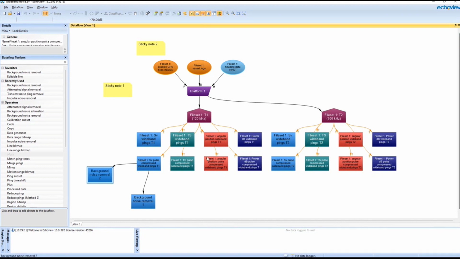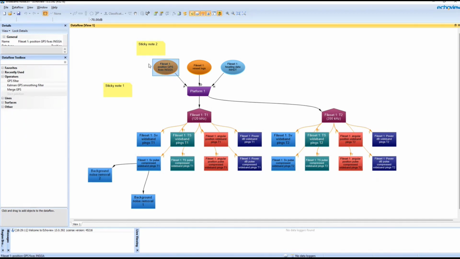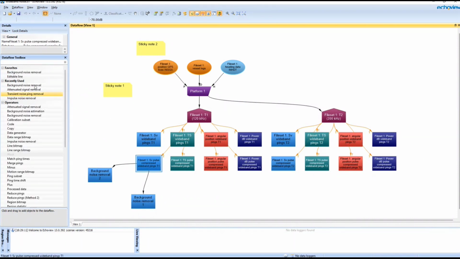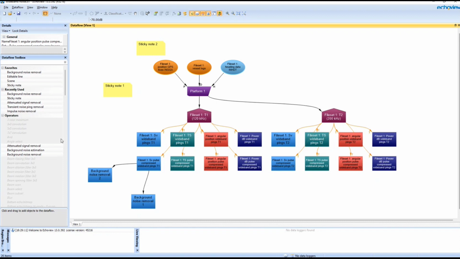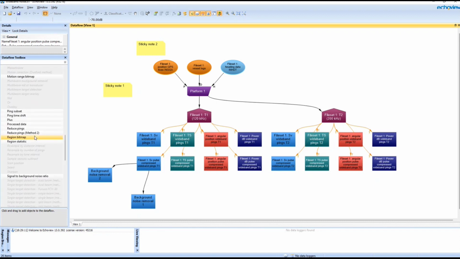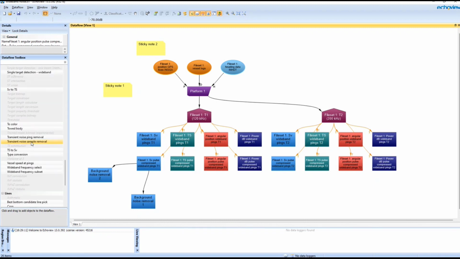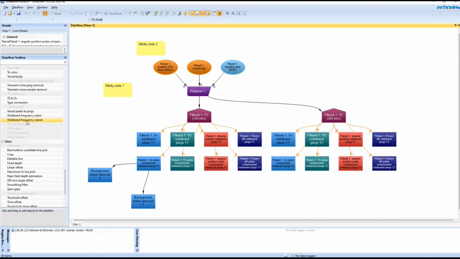It's also context sensitive. So if I select a different data type, we'll see that the list changes quite significantly. So for GPS data selected, we've only got these 4 options, one of which isn't available because one of the inputs isn't in this EV file. If I click SV, there's a lot more available. Angular data, there's a lot less. And if I have nothing selected, I get to see the full list of different objects that can be created. And anything that's grayed out just means that the type of data that's used as input for that object isn't available.